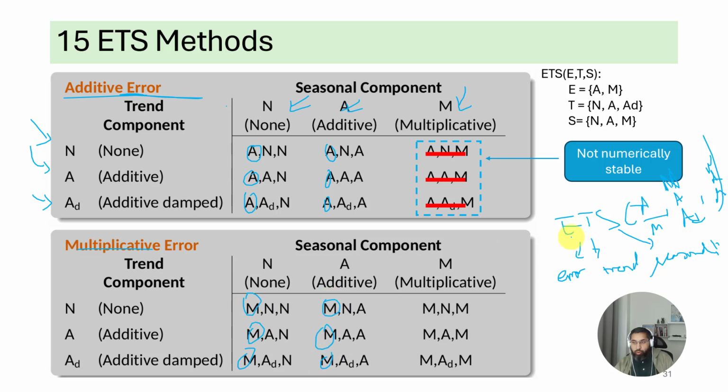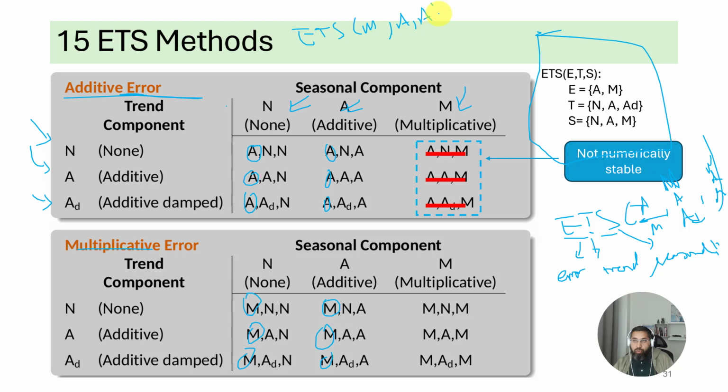So remember, ETS, the order is this: error, trend, seasonality. So the first variable is going to reflect the error. This you have to know, like for ETS, I'm giving you this right here. So if I tell you, okay, I did this forecast using ETS